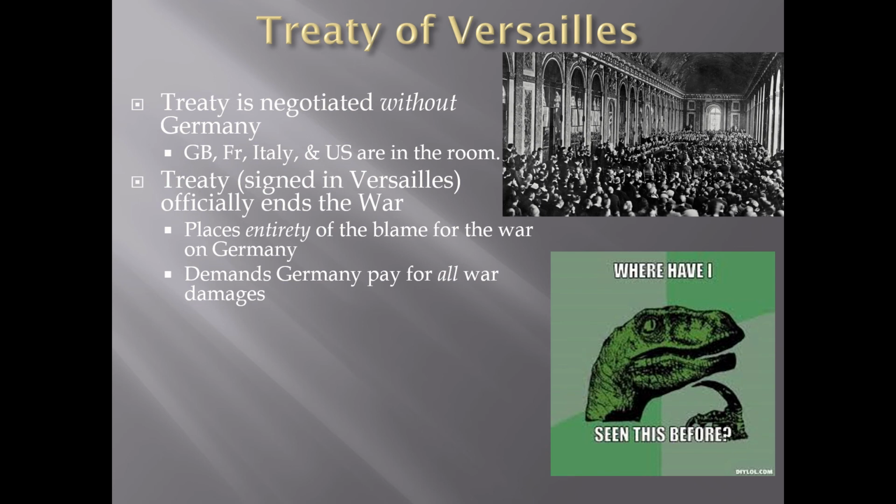So France had wanted World War I as revenge for what Germany did in the Franco-Prussian War, and it gets its revenge. It forces this down Germany's throat the way Germany had forced it down its throat. Of course, the war damages are way more expensive because this time it's a world war, not just a small Franco-Prussian, short-lived couple weeks war. And it's a lot more blame to take on its shoulders than just a small war, right?